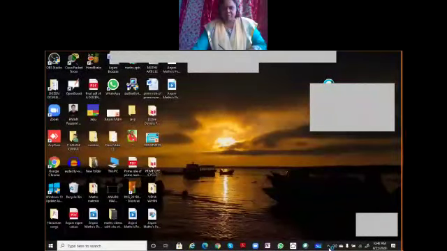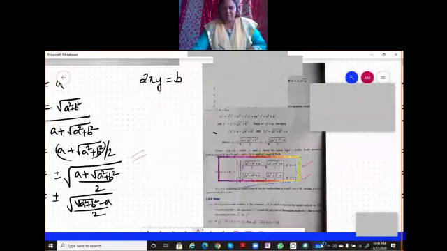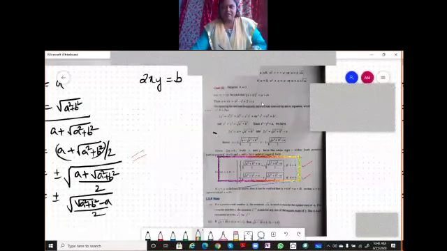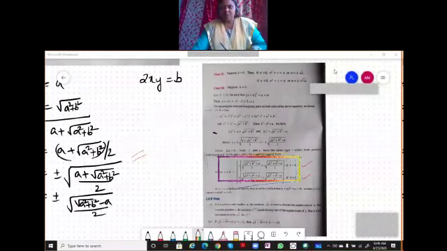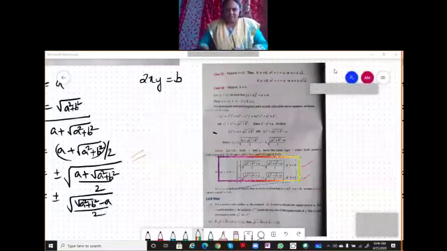Okay, where we are: finding the square root. Has everyone taken a screenshot, boys and girls? Give a response. Yes, ma'am. Okay, good. Before coming to the next class, read this formula until you understand it. Read it four or five times.